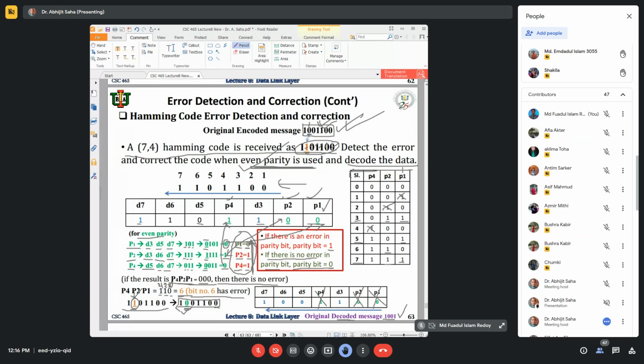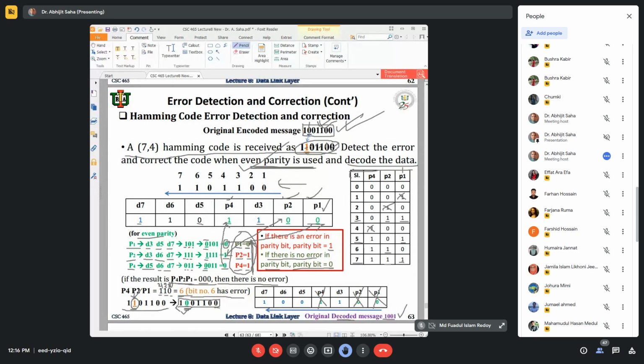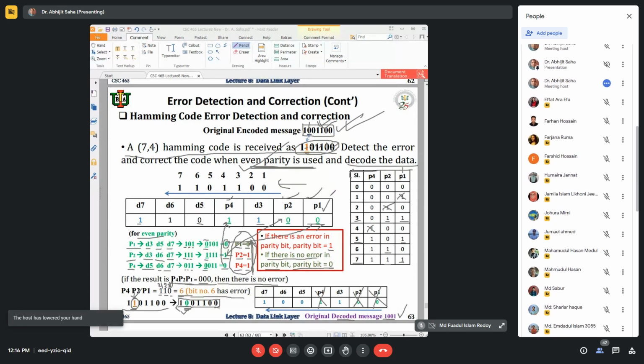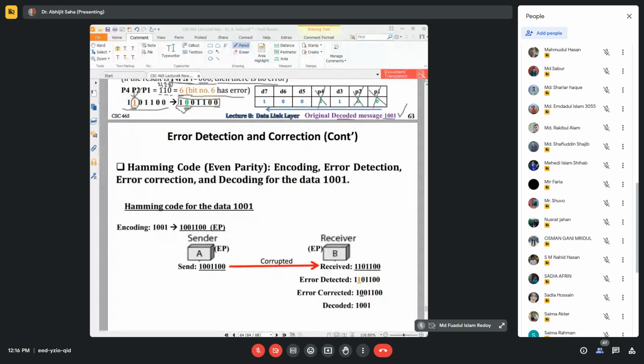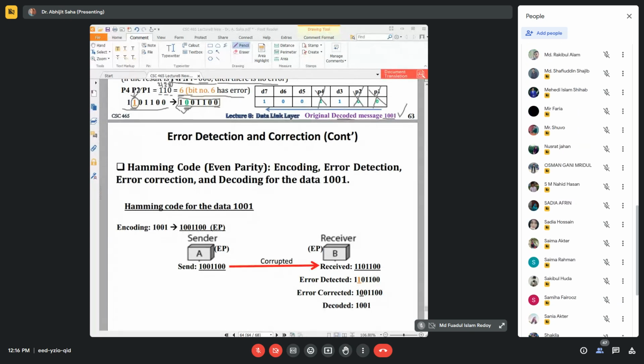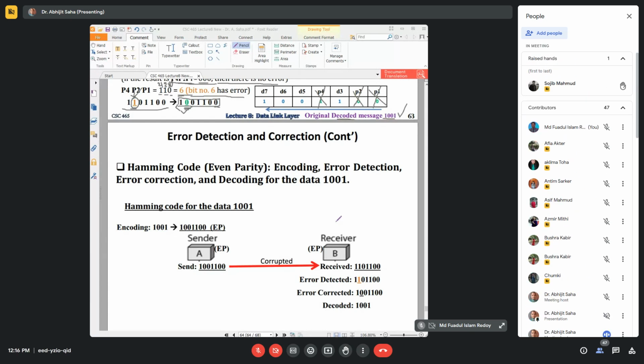Okay, so here I have made a final slide for the Hamming code. Actually, what we have done with the Hamming code: we say that we have done an encoding, error detection, error correction, and decoding for the data